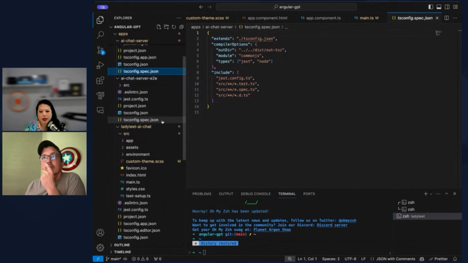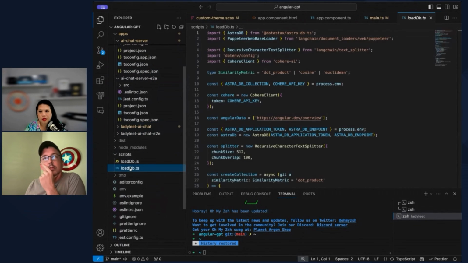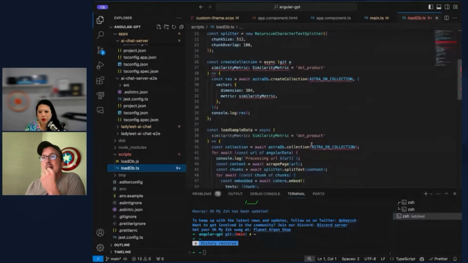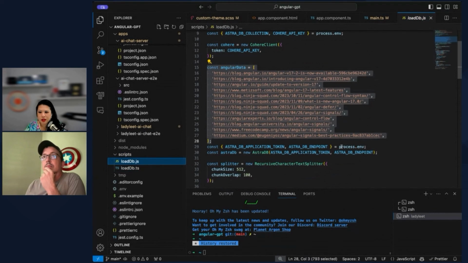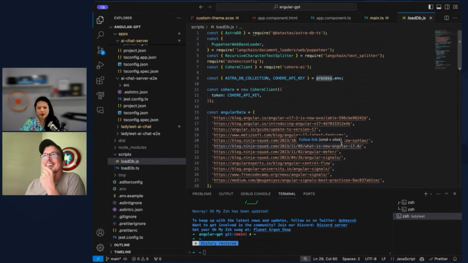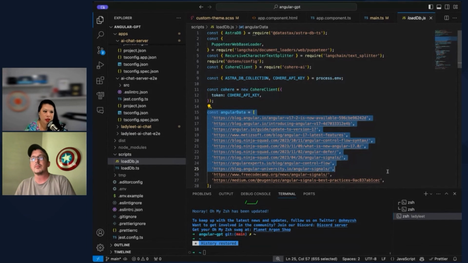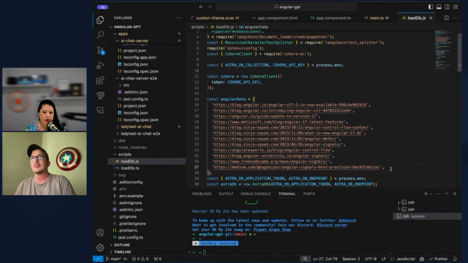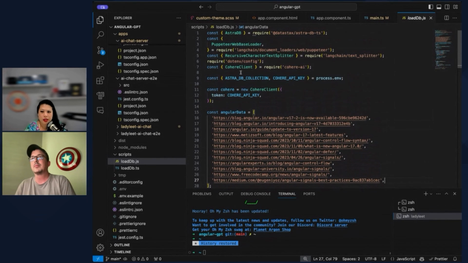Okay, so there's this AI chat thing. Okay, so there's these scripts, right? And for some reason, the TypeScript one wasn't running. So then I paired with Jay, and you know how much Jay loves to hang out in public. But anyway, so then we did this load db.js. So basically this is the script. And what the script is doing is it's taking all of the information about Angular 17 and sticking it into the database. So it's creating the vectors, right? And then it's sticking it into the database.